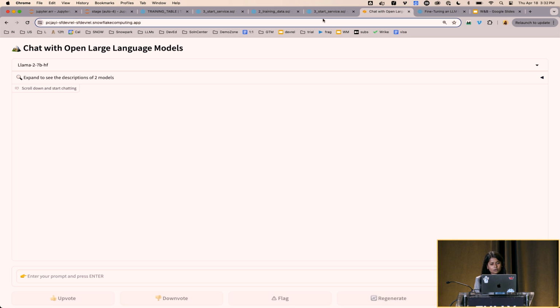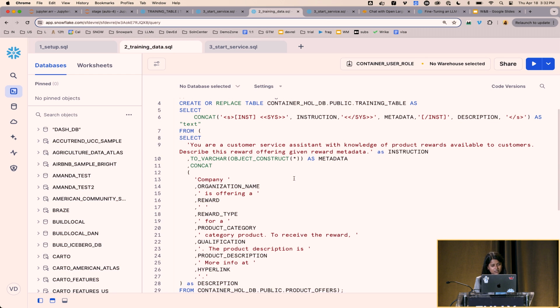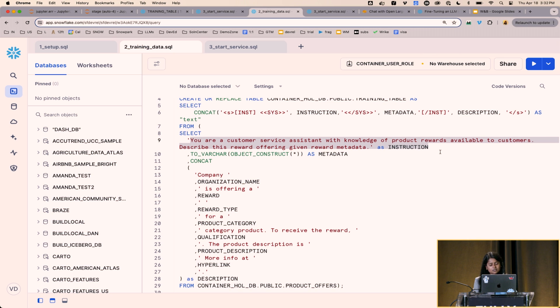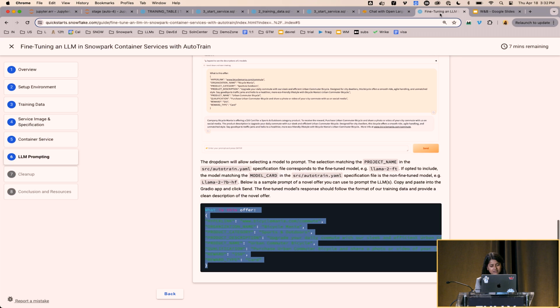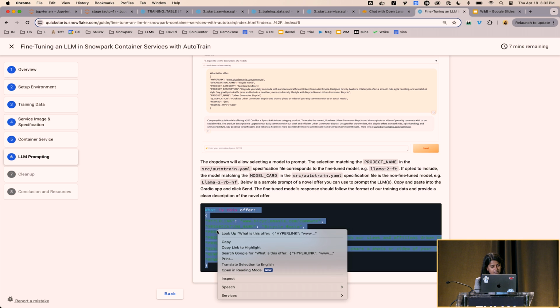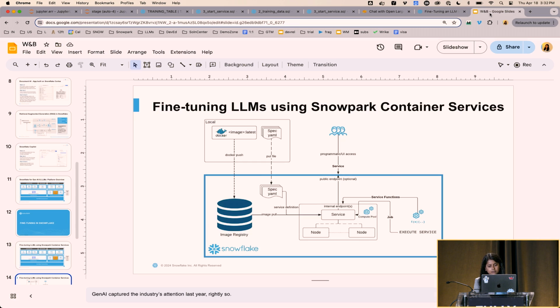And now, if you also look at the instructions, right, the one that we used in the fine-tuning data set: you're a customer service assistant with the knowledge of product rewards, and these are the details. So what I'm saying is I will give the details of the product in a certain format, and the customer service representative will tell me what the product offers are. And say if I give an example like this,